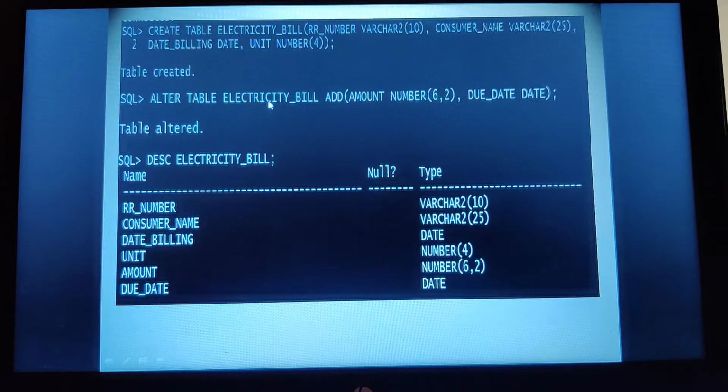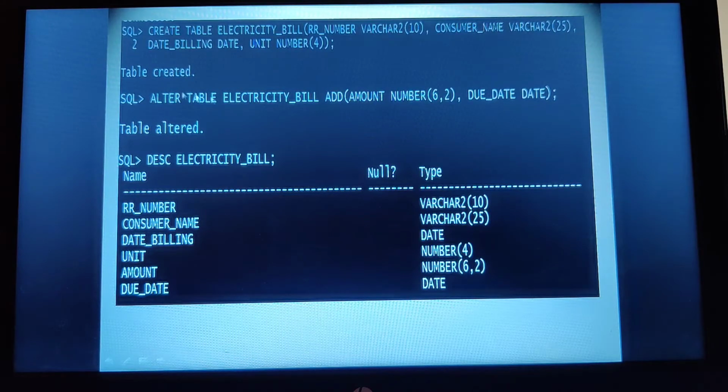Now, how will you get to know that certain changes have been done to your table? To check that, I have to again check the structure of the table. By looking at the structure of the table, you can make out how many columns are there and what their data types are. So for that, you can execute DESC and your table name. The command is DESCRIBE electricity bill. When you do it, in previous videos I showed the example only till unit, where the columns were created.